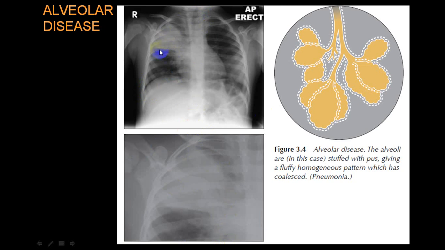In a consolidation, you will not have trachea shift, no shift of hilum, no shift of diaphragm, no crowding of ribs. So look at these findings to differentiate consolidation from collapse. If you see a radiolucency, a triangular radiolucency, look at those particular findings. So here there is no shift of trachea, no shift of diaphragm, no shift of hilum, no crowding of rib. This is consolidation, or we call pneumonia.